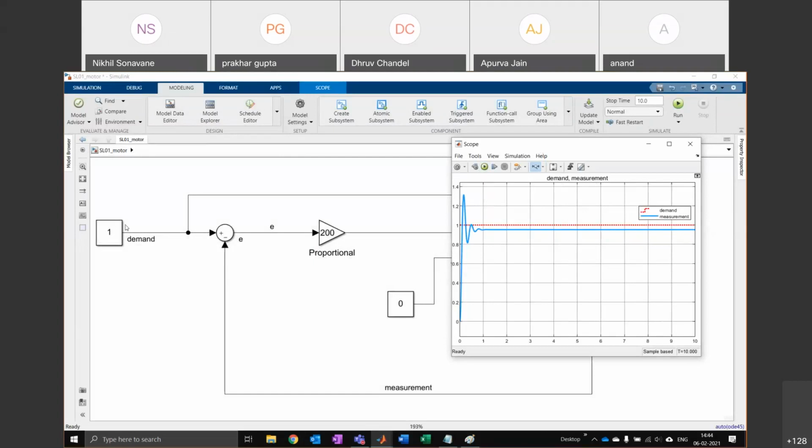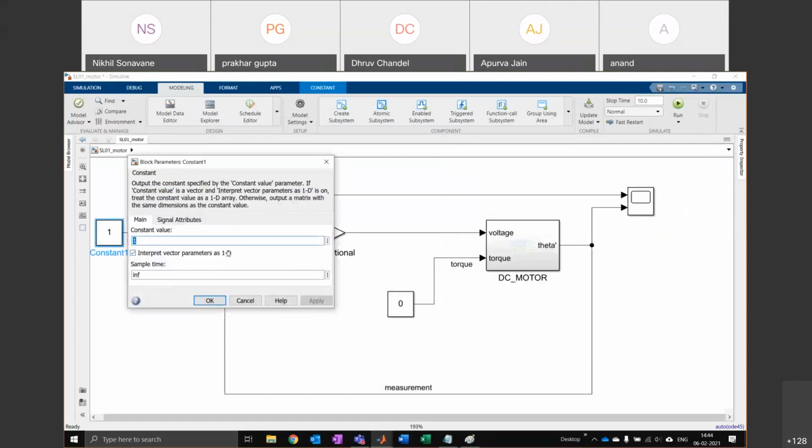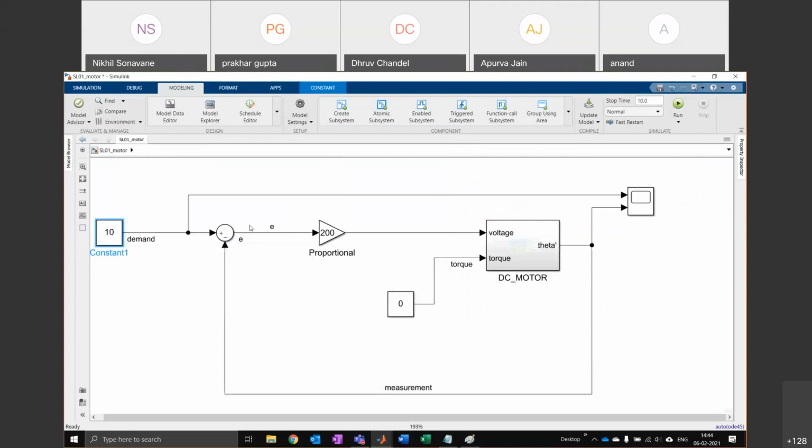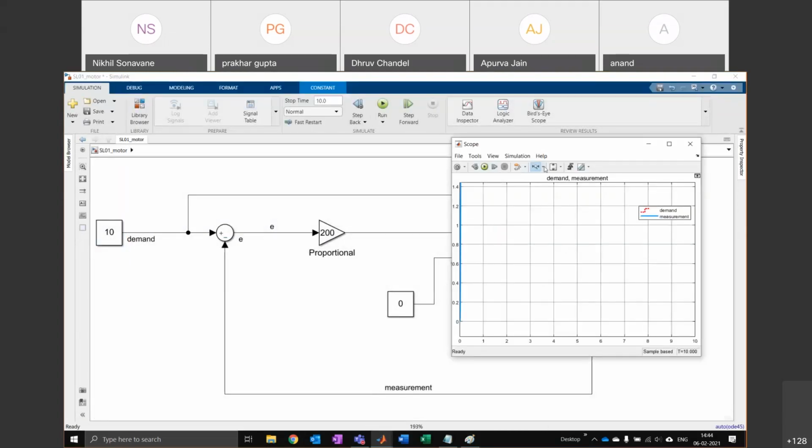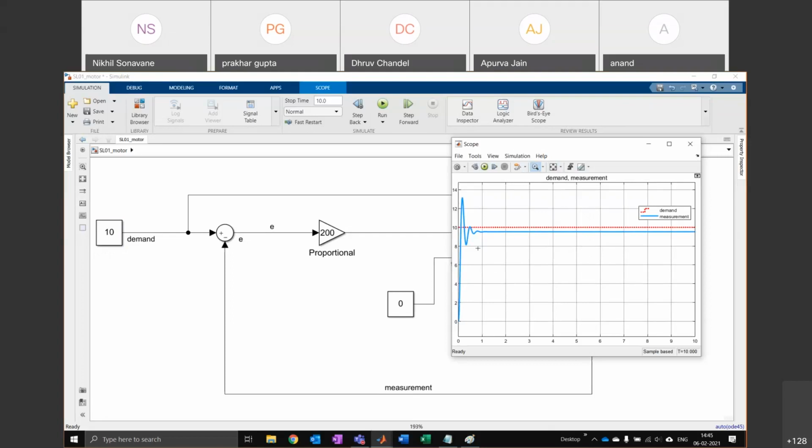If you set your demand to 10, you will see almost the same kind of result. And yes, you're right. We do have a way of automating it. So you can change your demand to 10, but the shape of the graph will look the same. So there's some more fundamental problem here actually.